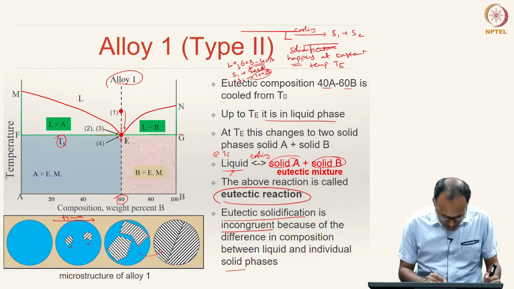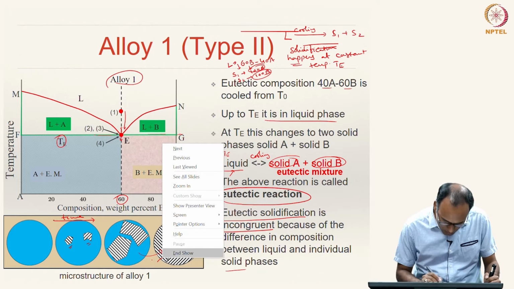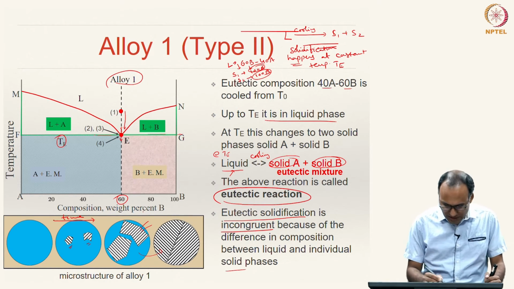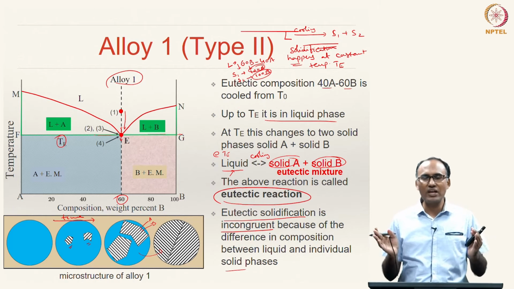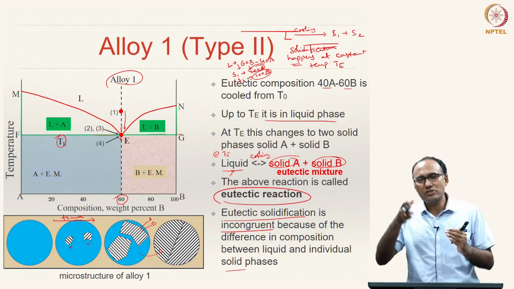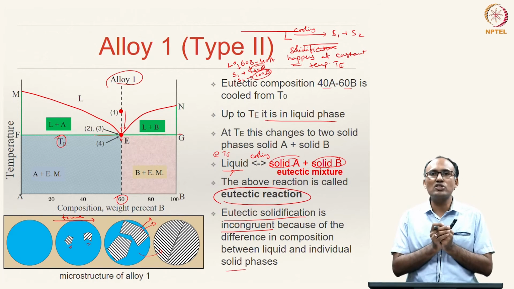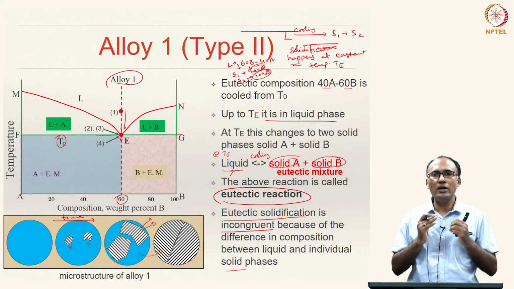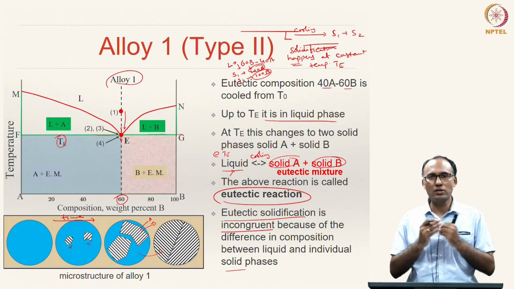of A and B. For instance, in this picture you have the black region and the white region. So, let us say that the black region is A and white region is B. That means the solidification microstructure looks like alternate layers of solid A and solid B, solid A, solid B, they will be forming alternately, and such a mixture is called eutectic mixture. That is a typical nature of a solid that is formed through eutectic reaction.